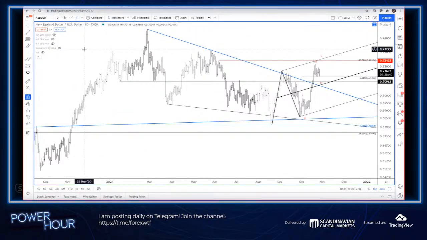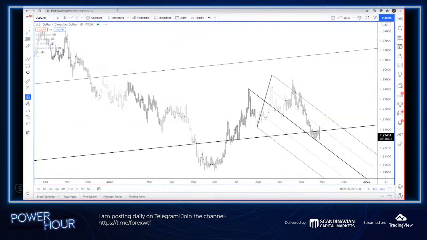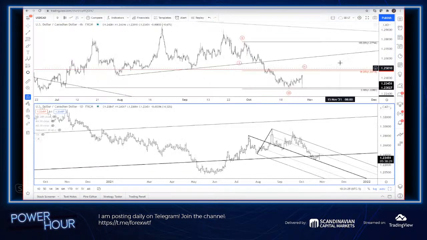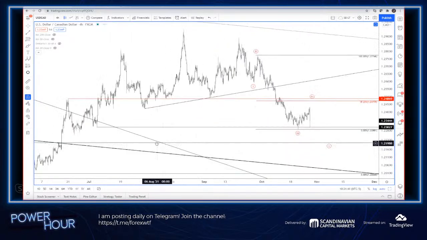All right, so let's move on to the next commodity currency, dollar CAD. I came into today actually kind of constructive, and I bought a little bit down here at the 123 test. We're at 23.44 right now. A lot to be determined here.